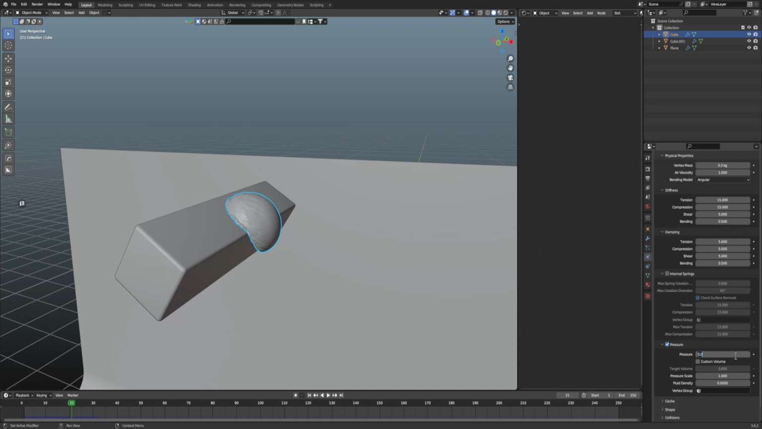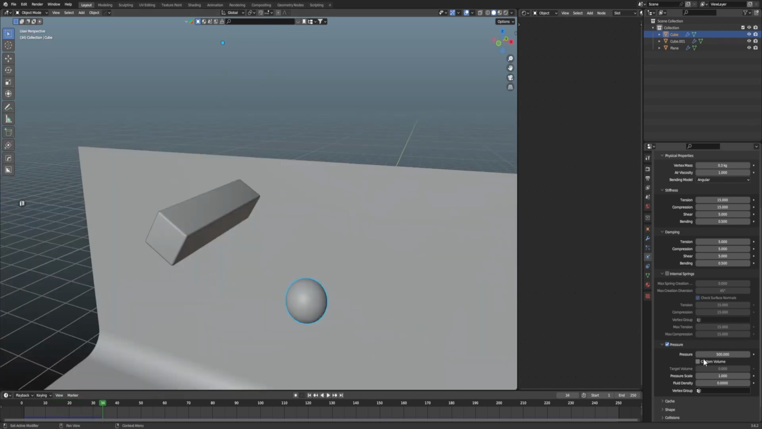You could just add a ridiculous number into here, like 500, press play, and yeah, it's starting to work. However, the issue with this is you start putting ridiculous numbers in here and it makes it really hard to narrow down. So what I like to do is I set mine to 100 and I come down to this pressure scale and I just turn this up. So if I press 2 on this, it's obviously just going to double the pressure within. As you can see, if I set that back to 1,